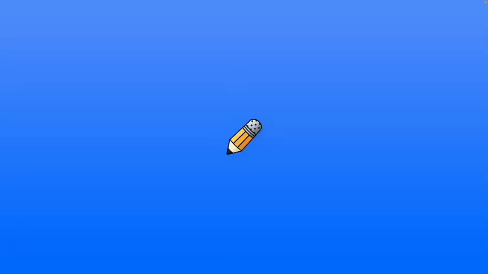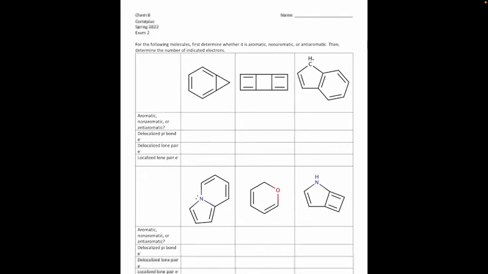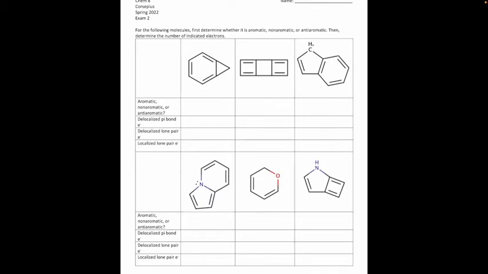All right, the other thing that we did in that exam, which, generally speaking, people got down pretty well, but let's just remind everybody that this exists, are these rules for aromaticity. In particular, we should be able to classify compounds as aromatic, non-aromatic, or anti-aromatic. And just to remind us what those rules were,